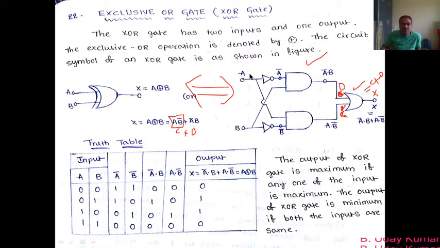Let us take the inputs as A and B. If I take the inputs as A and B, I want A B bar, right, and also A bar B. So to get A B bar or A bar B, what do I have? I have A bar and B bar, right? So for that, first of all you need to get A bar and B bar. To get A bar, you just apply a NOT gate here. Okay, here also you apply a NOT gate. So A becomes the input of this NOT gate, and hence the output will be A bar. And similarly, B becomes the input of this NOT gate, and hence its output will be B bar.